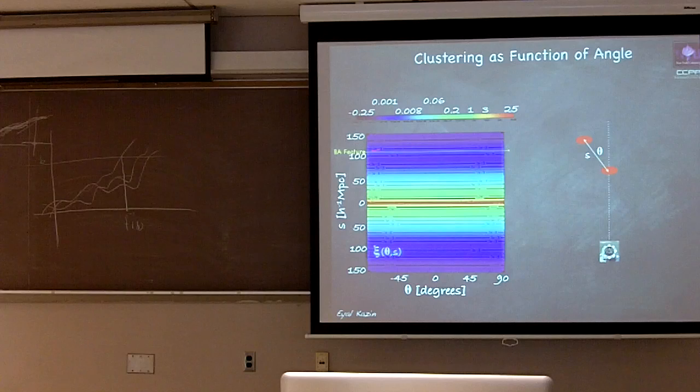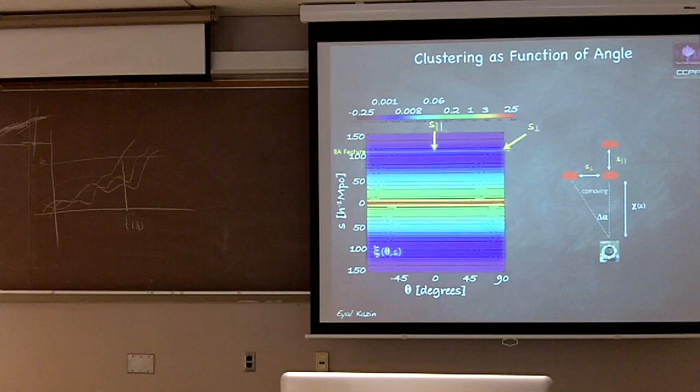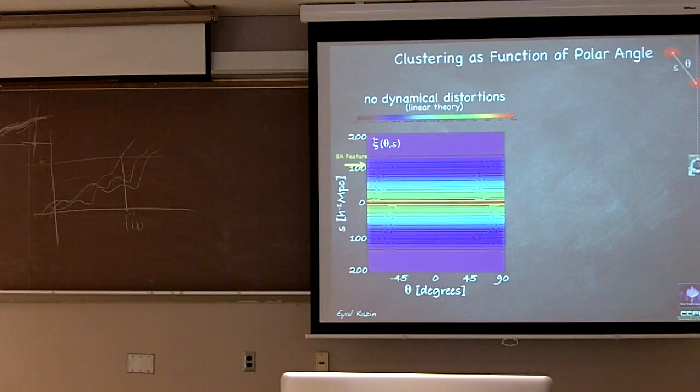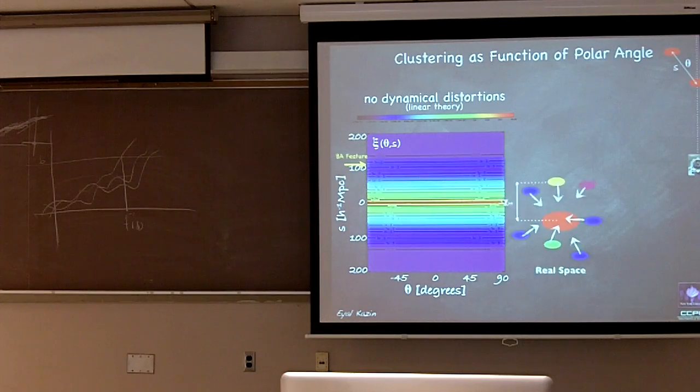I should change my color code because it's hard to see from where you're sitting. And so the baryonic acoustic feature perpendicular to the line of sight, from which you can infer distances, is over here, and the feature along the line of sight, from which you can infer the expansion rate of the universe, and hence analyze dark energy, is right over here. And we will never get a measurement like this in the universe.